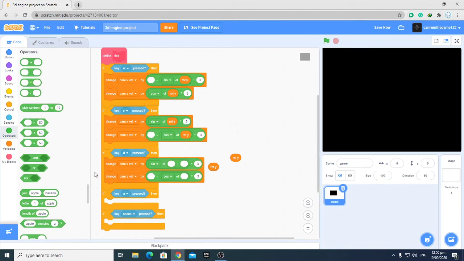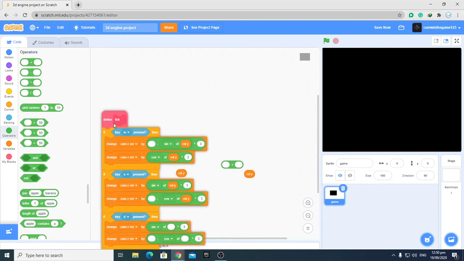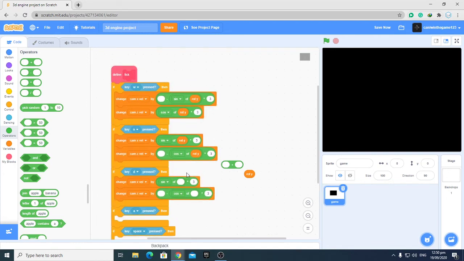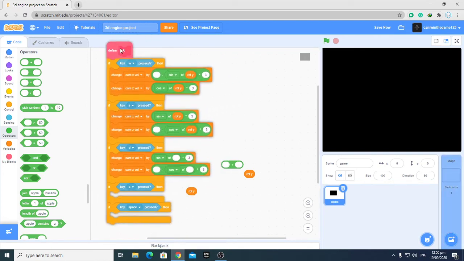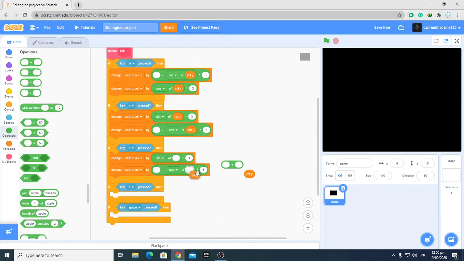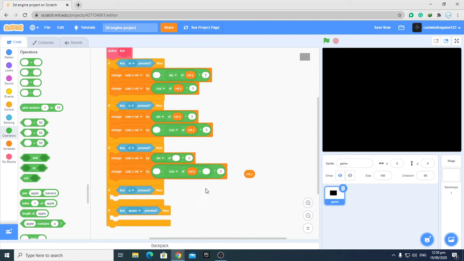Plus root, plus a root of, plus root. I'm confusing myself. And we want to put 90 in here, 90,